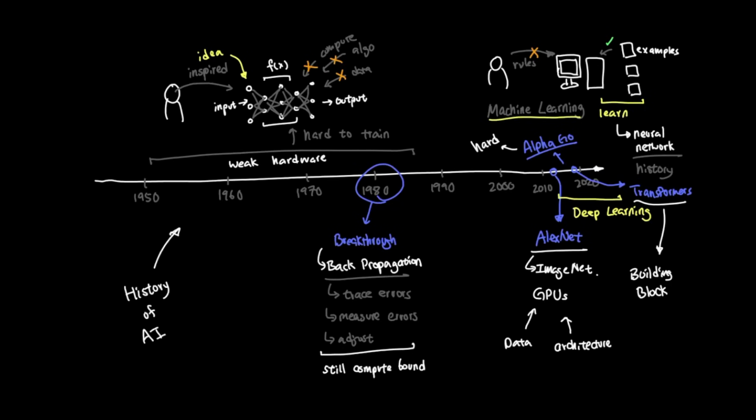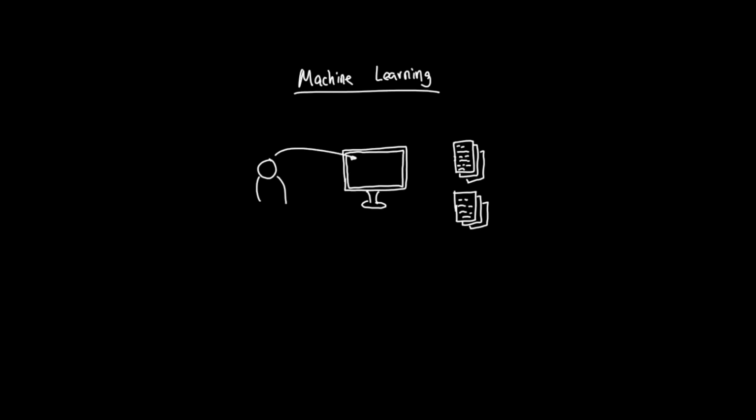So if the history of AI is this shift from handwritten rules to systems that can actually learn from examples, the next thing we need to understand is what it actually means for a machine to learn. Machine learning is a way to build software where systems learn patterns from the data instead of relying on rules written by humans. In traditional programming, a developer writes the instructions directly.